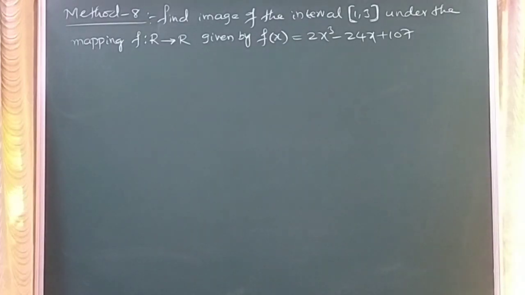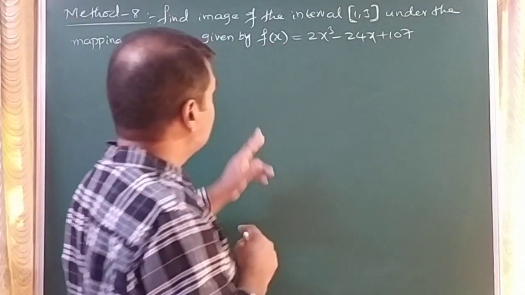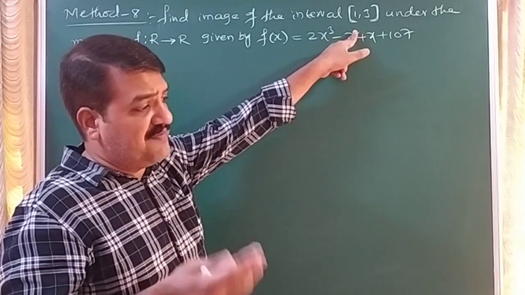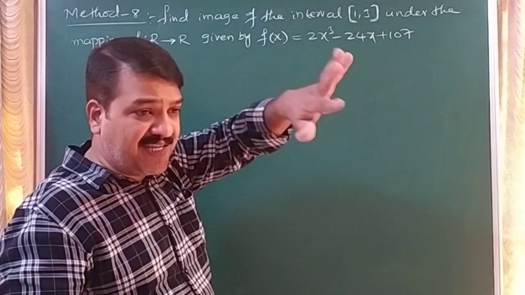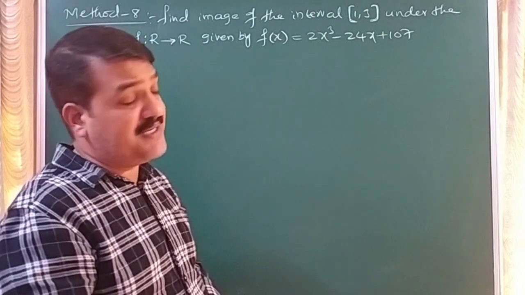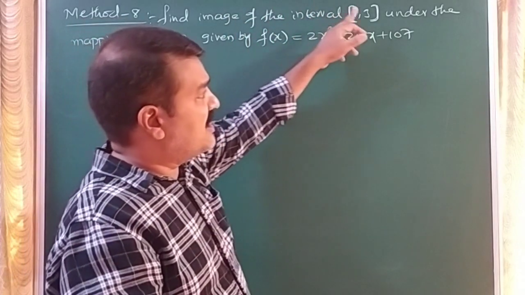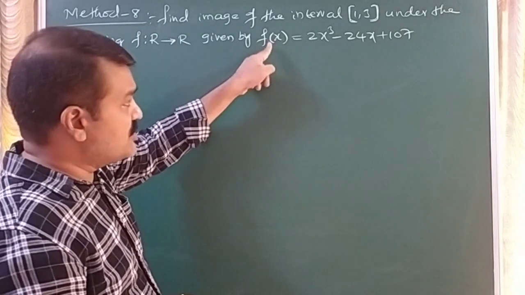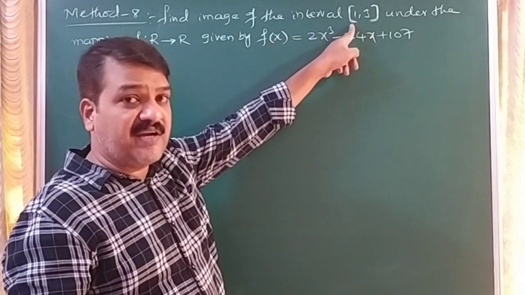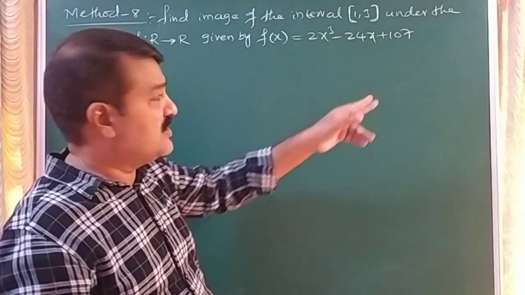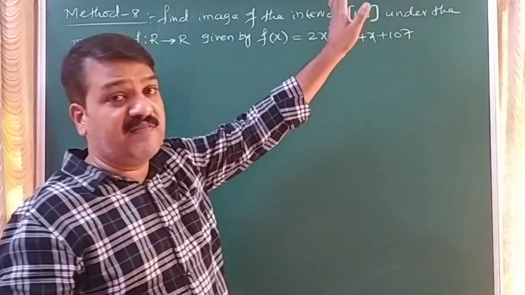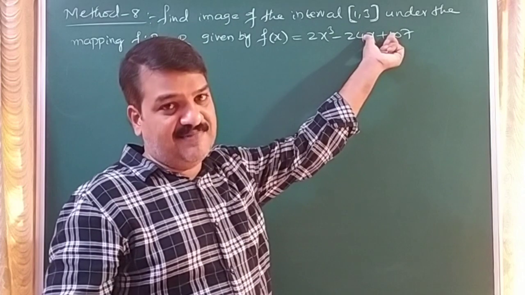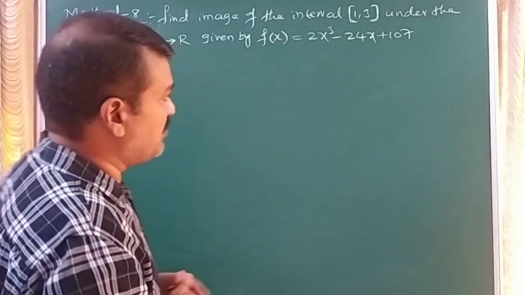Now see the example for the method 8 we discussed. Find the image of the interval. Image of interval means range. We have discussed that f of capital A, or f of set A, will be nothing but the range. So image of this interval means range of the function defined like this, they are asking. Therefore, range of the function for this particular interval only, not the complete range of the function. Range of function for this particular interval is the question. So we want the range in a finite interval like this. Finite interval range is required.